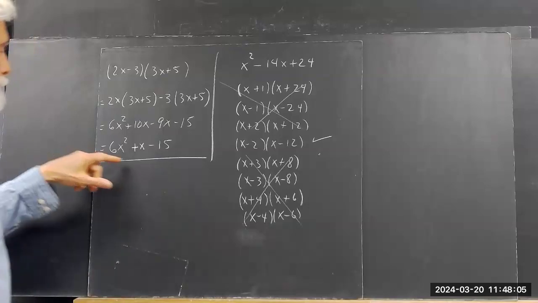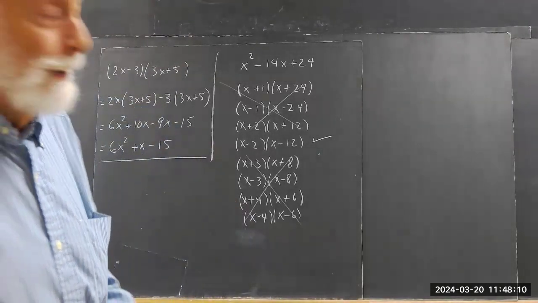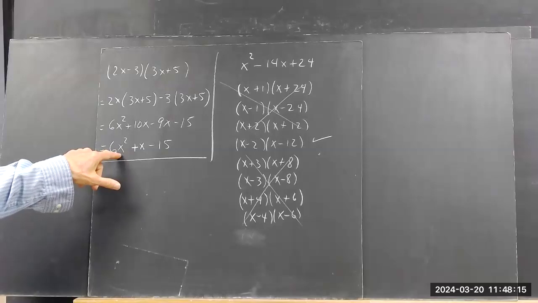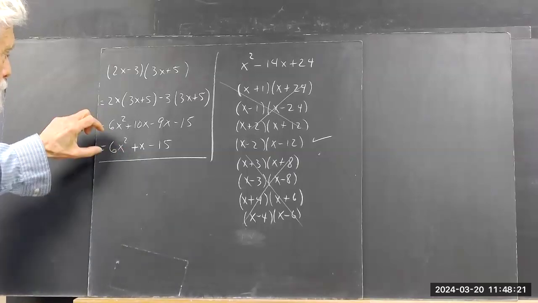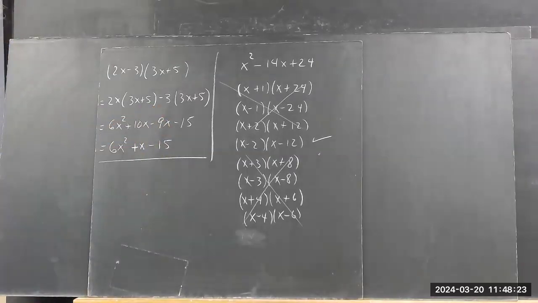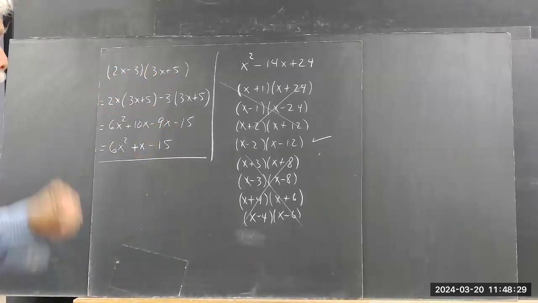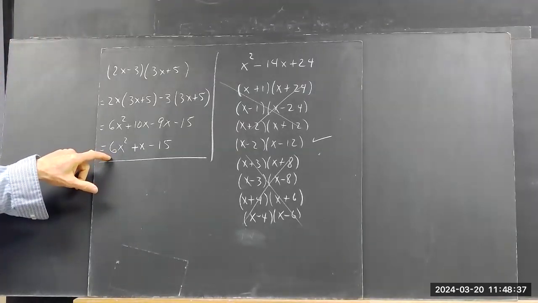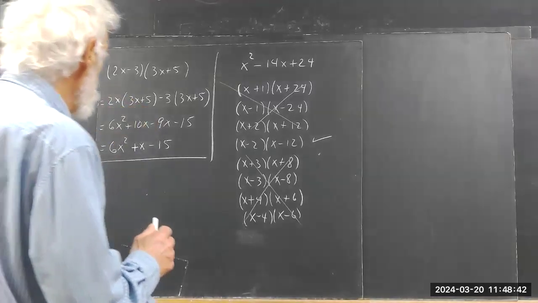Now, if I gave you this one and asked you to factor it, it'd be a bit more complicated than this because you have different numbers in front of x, right? Okay, so if we try to do an exhaustive list of the ways this might be factored, well, 15 isn't too bad. 15 is divisible by 1 or 3 or 5. 6 is divisible by 1 or 2 or 3, okay? So if we tried to list the possibilities,